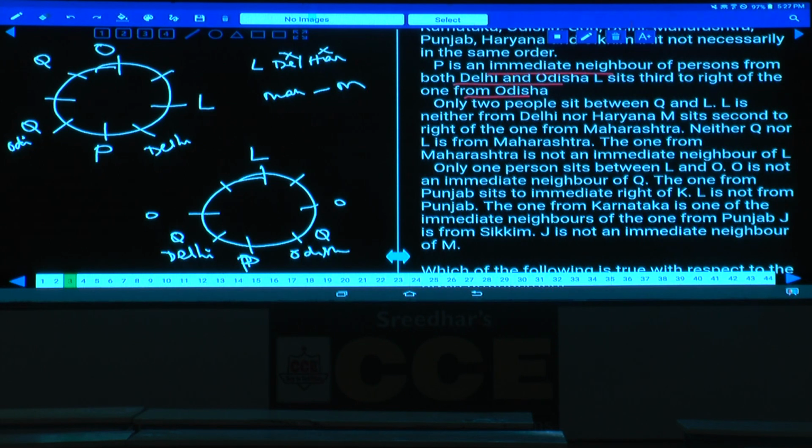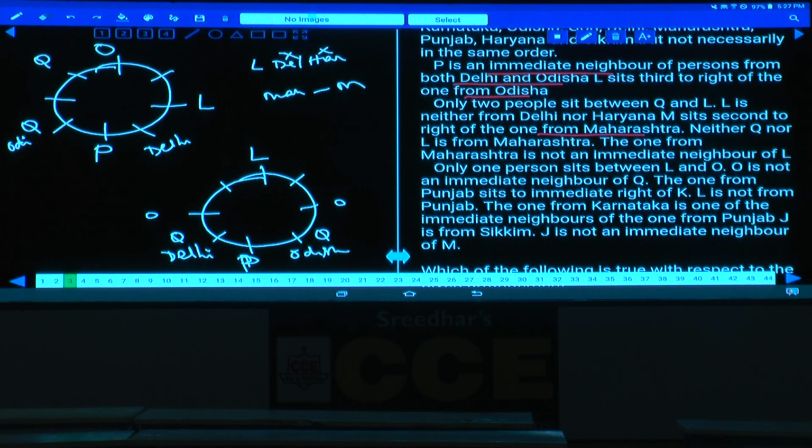Two people between Q and L. And the next one: L is neither from Delhi nor from Haryana. M sits second to the one from Maharashtra. As M is seated second to the right of the one from Maharashtra, now here,